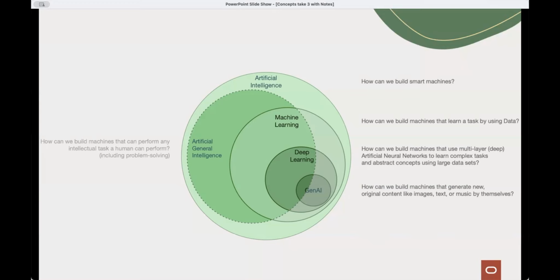Since we do not know how it can be built, I put it to cover machine learning, deep learning, generative AI and artificial intelligence in our Venn diagram. Opportunities look infinite. If we can build such a machine, probably we will see some scientific breakthroughs with it. I depicted it as a human brain in silicon to represent artificial general intelligence.